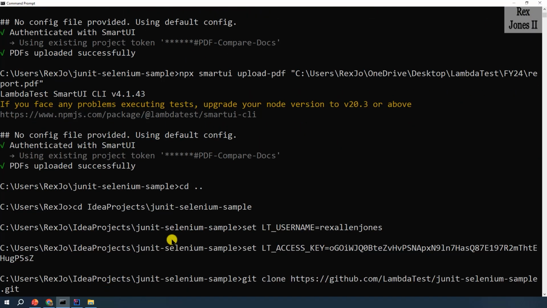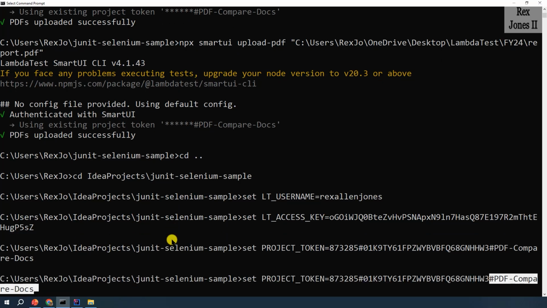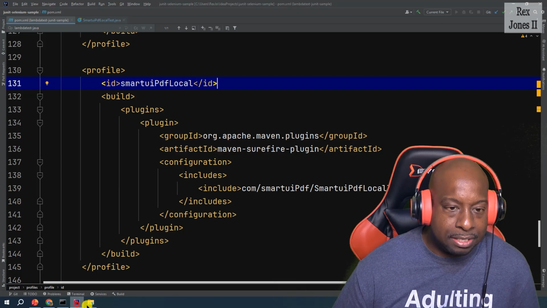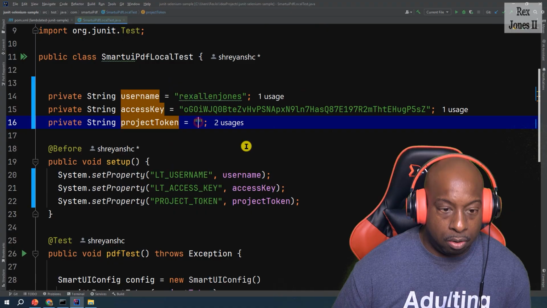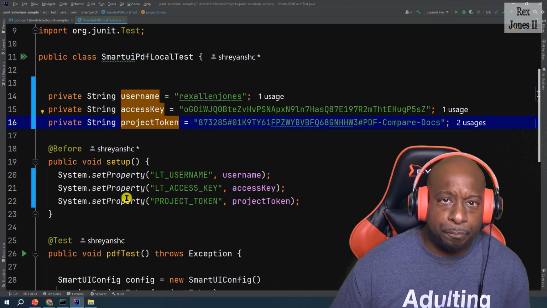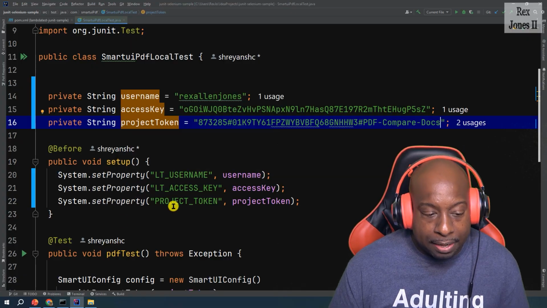Now I'm looking for the project token. Bingo. And I'm also going to copy the project token. Okay, and I'm going to paste the project token into the test by going back to IntelliJ, local test, and I'm going to set the project token. Bingo. Now, the next command is to run the test by writing